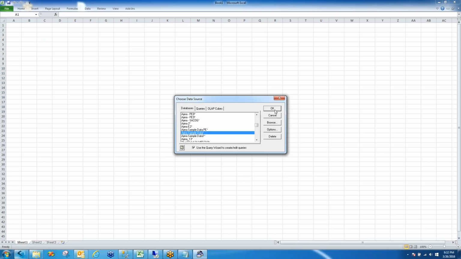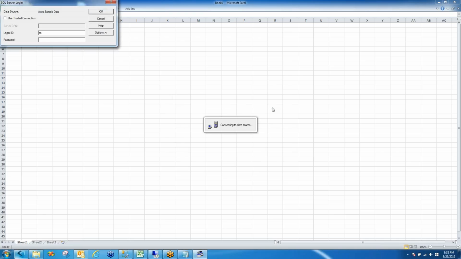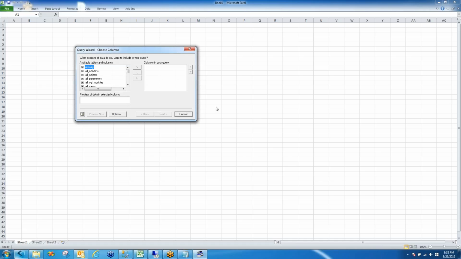The wizard is very nice if you've got predefined views in the SQL database, which is what I'm going to use in this first exercise, because the use of the wizard makes filtering and sorting a lot easier. So I'm going to go ahead and select my data source, click OK, plug in my password one more time, click OK. I know that the name of the SQL view that I've already got in there starts with the U. I'm going to type the U, and it's the Gantt chart data. I'm going to expand that,